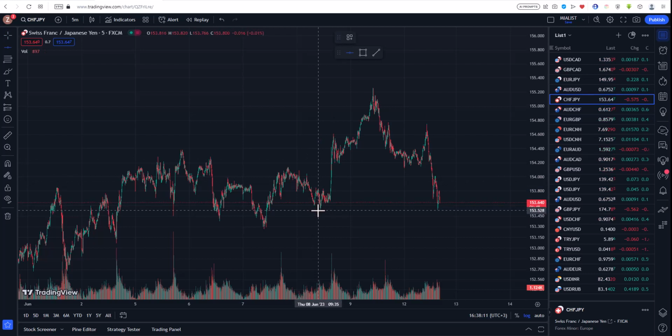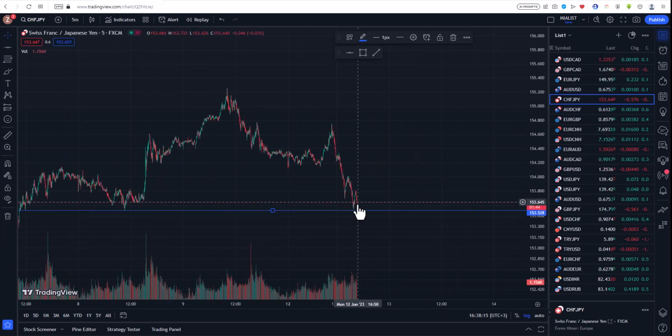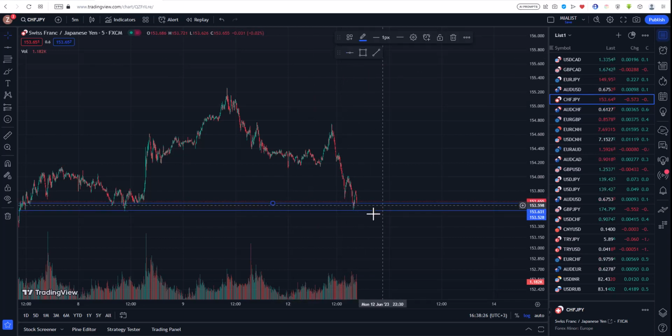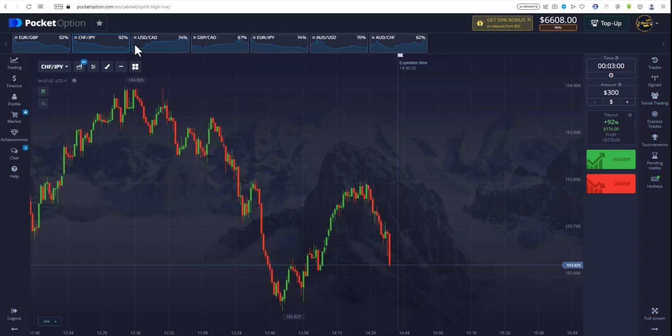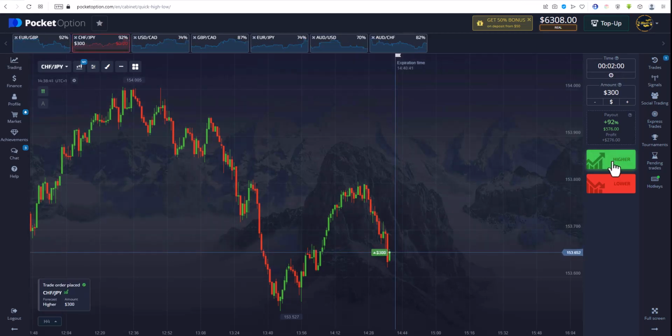We marked it, and we also see that after touching the resistance line, the price moved upwards and formed a zigzag. Let's draw another resistance line together, and let's plot all 3 zigzag points on the chart. Usually the price will touch the lower and upper boundaries several times before leaving this range. That's why I'm opening a trade on the upside, but on a smaller time frame.